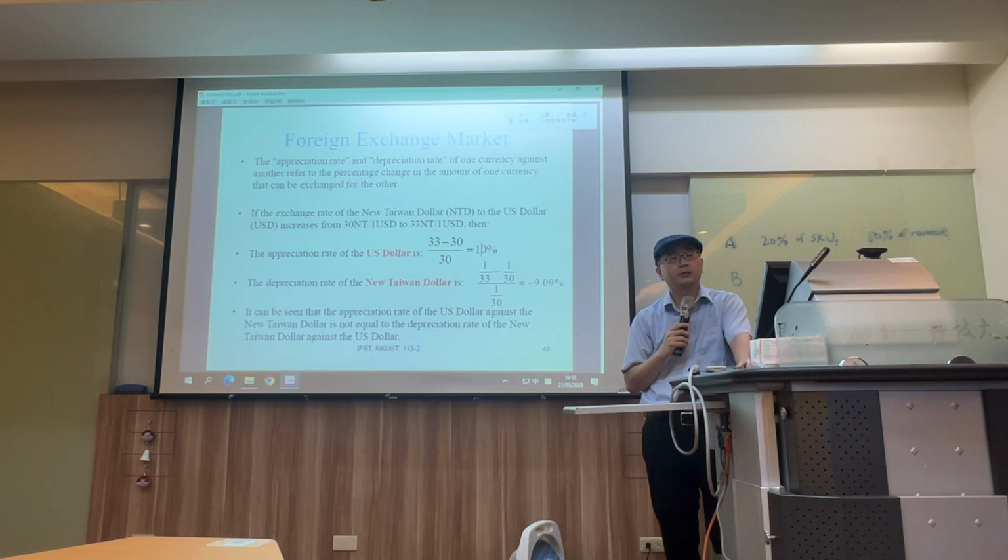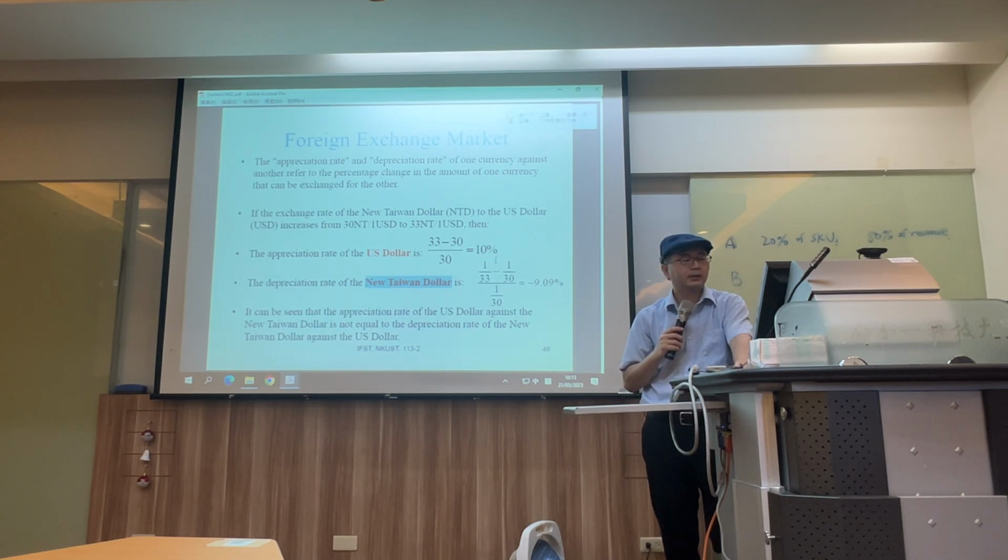And in our direct quote example, the US dollar is the denominator, right? By contrast, if you want to focus on the numerator, which is the New Taiwan dollar in our direct quote, then your calculation is first of all identifying whether the New Taiwan dollar has appreciated or depreciated. The number has increased from 30 to 33, so now it means that 1 unit of US dollar can exchange for more New Taiwan dollars. So of course the New Taiwan dollar depreciates. So you know the direction of that, right?